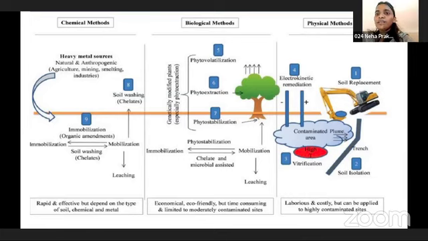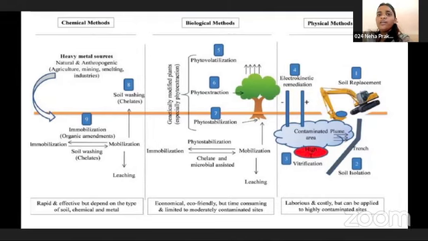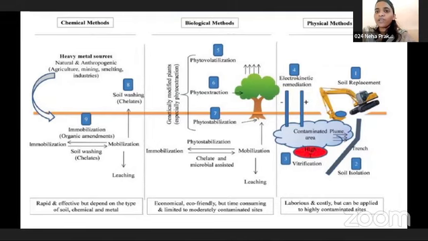By cultivating this particular crop in our field, it accumulates the heavy metal from the soil into the plant system. So there are many techniques available for decontamination of our soil from heavy metals, such as soil washing and the use of FYM organic material. These are chelating agents which bind the heavy metal from the soil. So we can use that technology to decontaminate our soil from heavy metals.